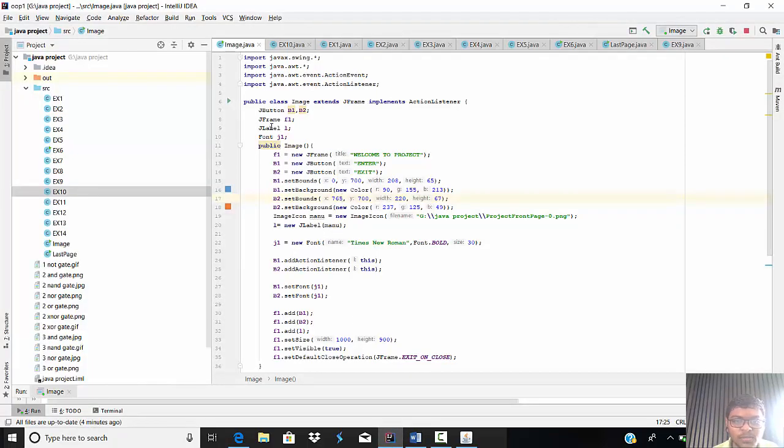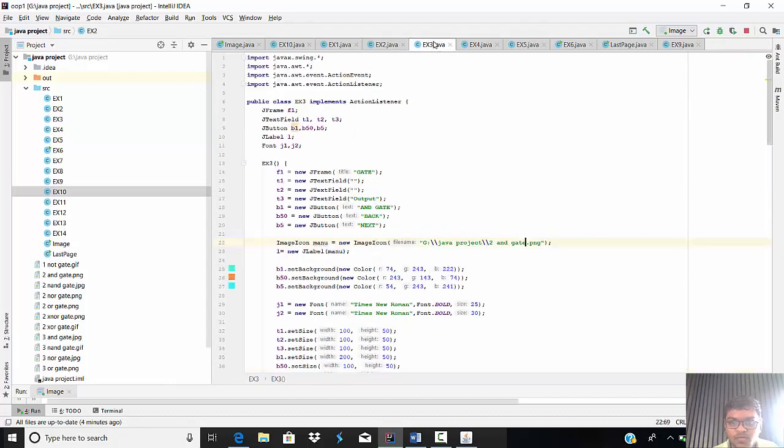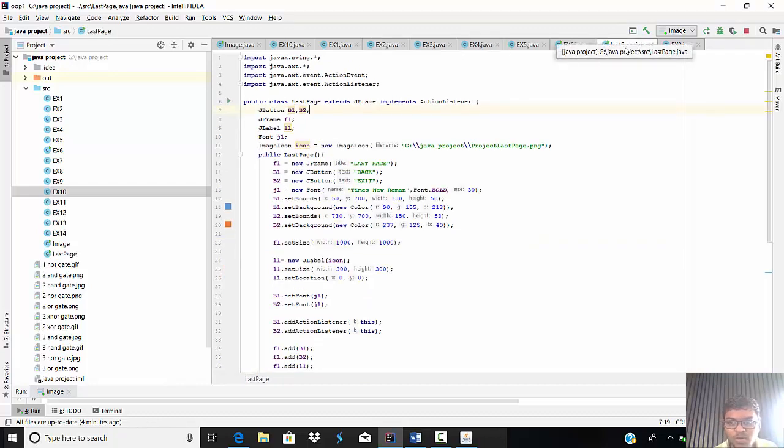Now move to my code. This is the first page code, and then the second page code, third page code, fourth, fifth, and this is the last page code. Now I run my code.